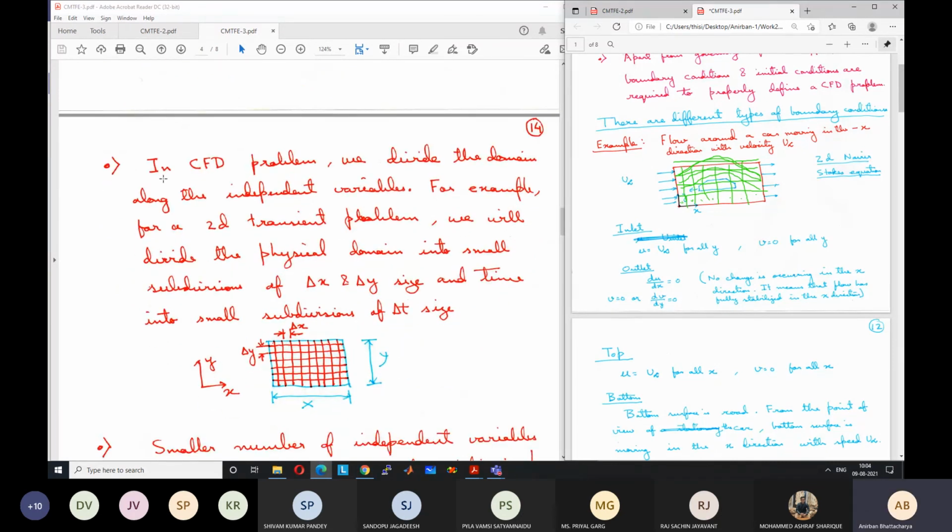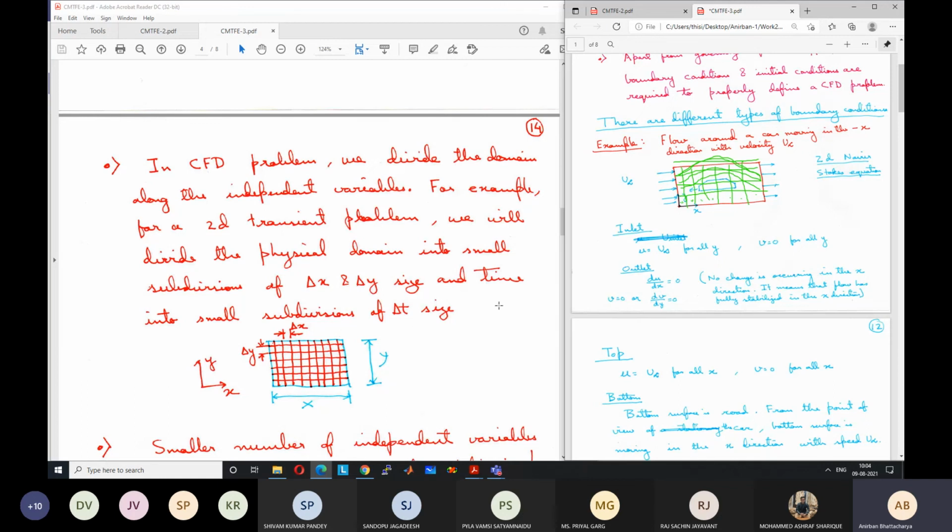And as I was explaining, in CFD problems we divide the domain along the independent variable. For example, for a 2D transient problem, 2D means two-dimensional, and transient is variation along time. So we have to divide it into three directions, x, y, and t. We will divide the physical domain into small subdivisions of delta x, delta y size, and time into small subdivisions